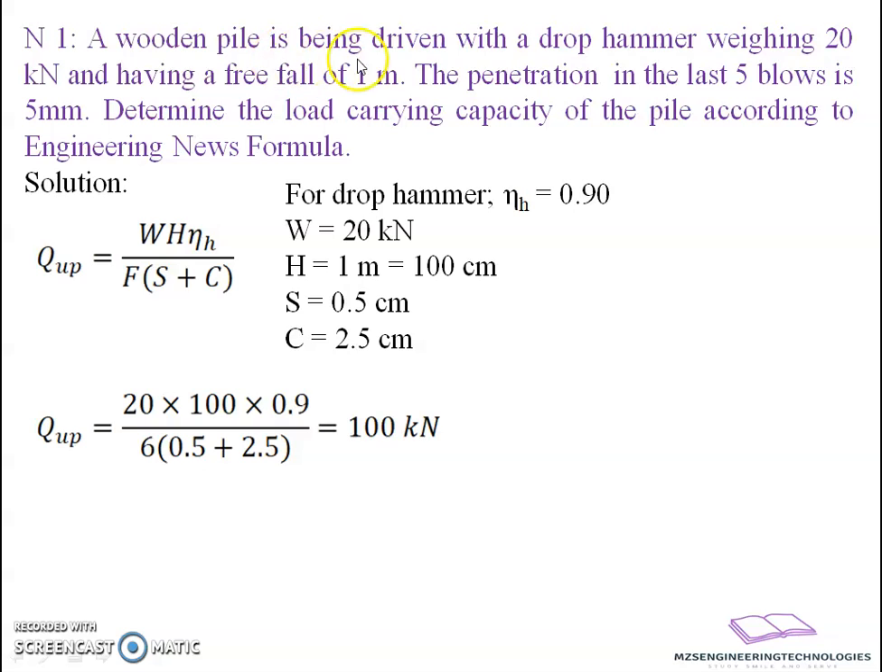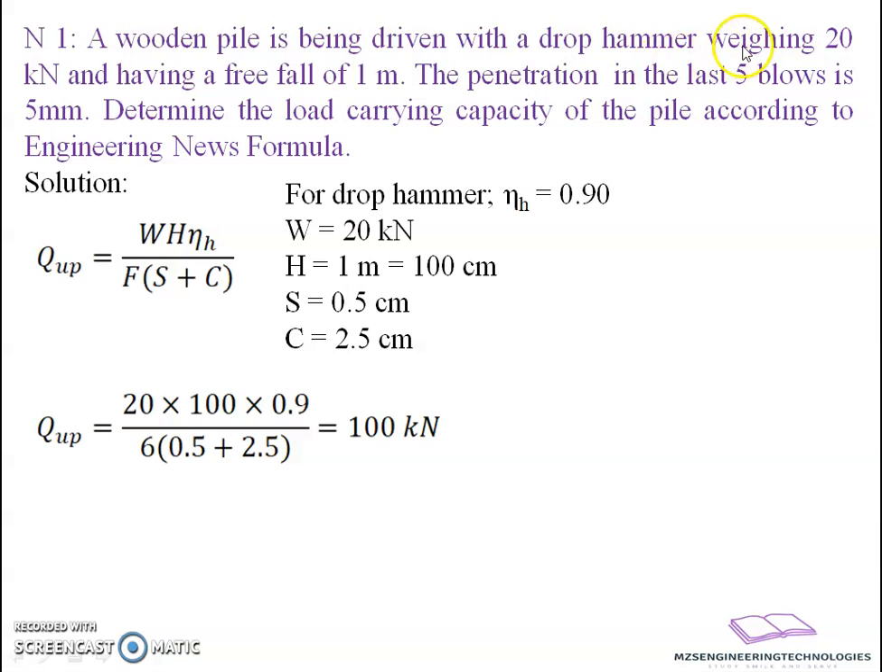A wooden pile is being driven with a drop hammer weighing 20 kilonewton and having a free fall of 1 meter. The penetration in the last 5 blows is 5 mm. Determine the load carrying capacity of the pile according to the engineering news formula. So here a direct statement is being made. A wooden pile is there which is